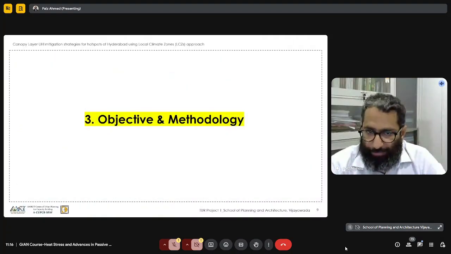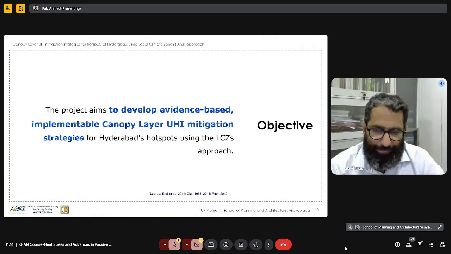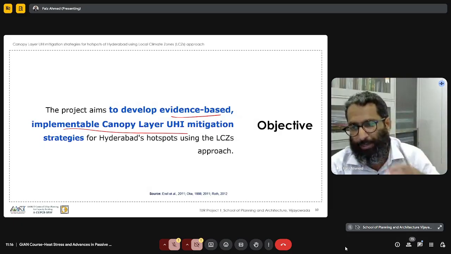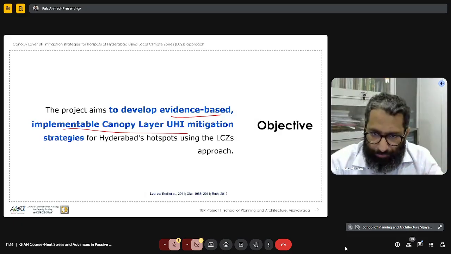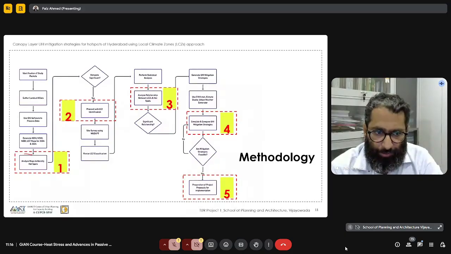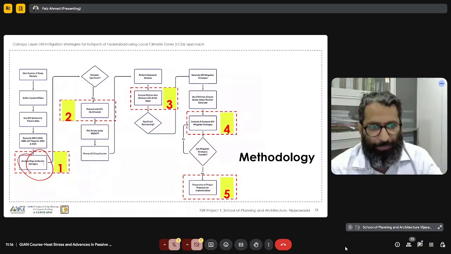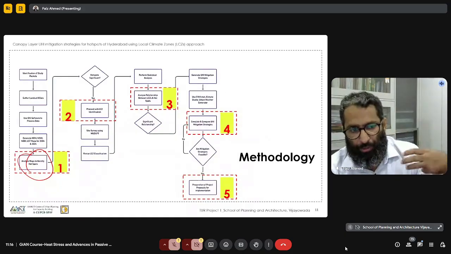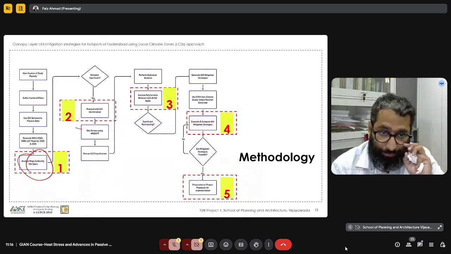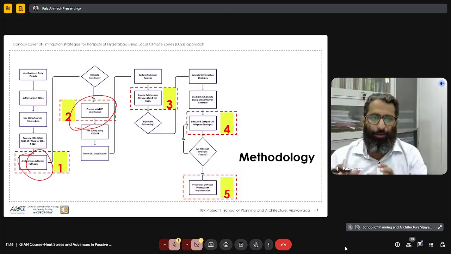So this is the second thing. The third thing is, the objective of this project is to develop evidence-based strategies that can be implemented in Hyderabad. With that, we went around to identify some of the hotspots of the city. I'll present to you how those hotspots have been identified,